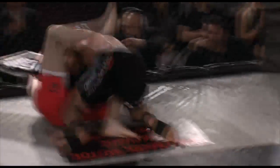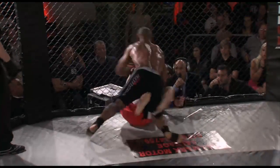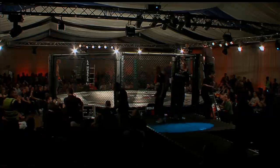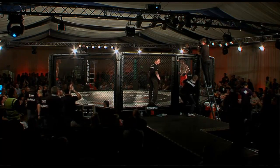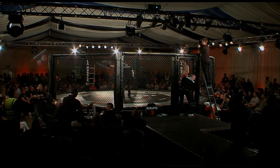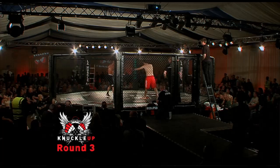Now, this is where, as a fan, I love to see fighters in this position. Because come on, ladies and gentlemen, this is third and final round. Let's hear it for both fighters. It's been tremendous. Come on, let's hear it. Both fighters are put in a position of urgency because each fighter doesn't know who's won which round. Both guys are going to be looking to put their own stamp on this last round to possibly pull out